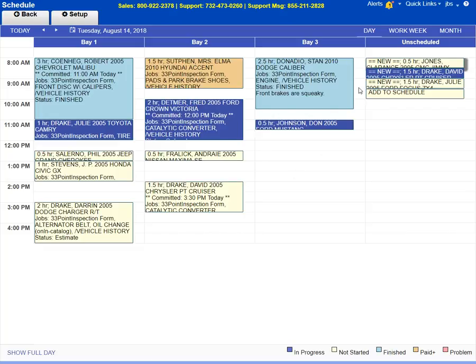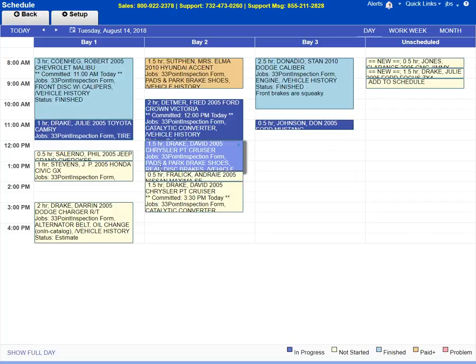Here we can drag, say, this 1.5 hour one. It's not going to fit in this half an hour time slot. It will move the additional time slot here to be lower in the invoice, thus making room for the repair and shifting things around. You can also lock these and set committed time so that they wouldn't be able to